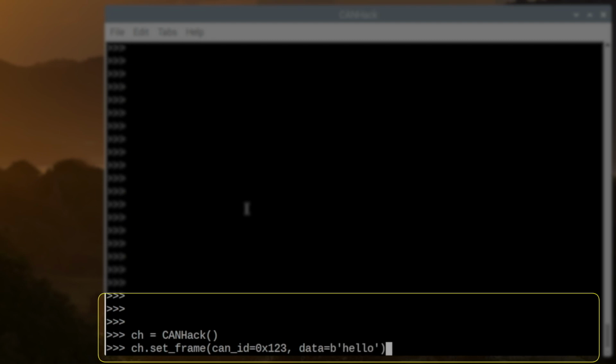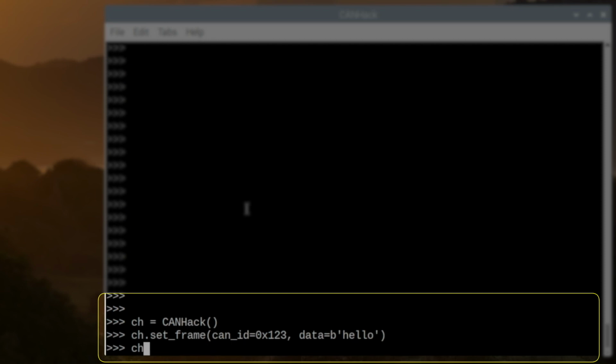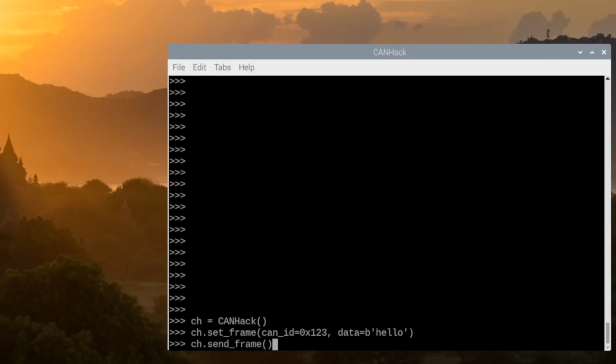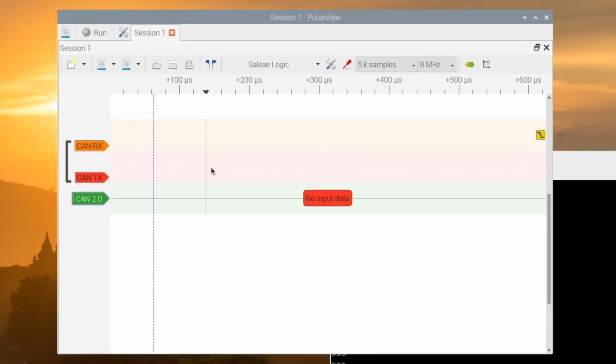So that's a 5-byte CAN frame, and we can get ready to send it, but we need to be able to see it. So what we'll do is we'll open up a logic analyzer, and this is the PulseView logic analyzer from the Sigrok project, and it's got the CAN RX and TX lines defined and a falling edge trigger for the CAN RX line.